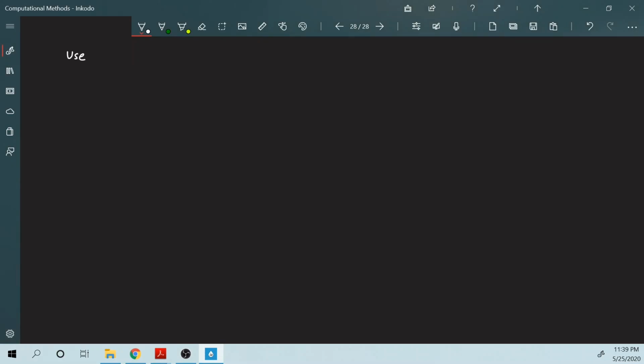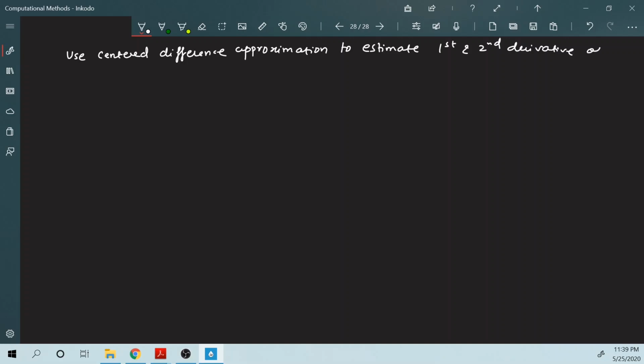Use centered difference approximation to estimate the first and second derivative of y is equal to e raised to x at x is equal to 2, for h is equal to 0.1. Okay, the step size